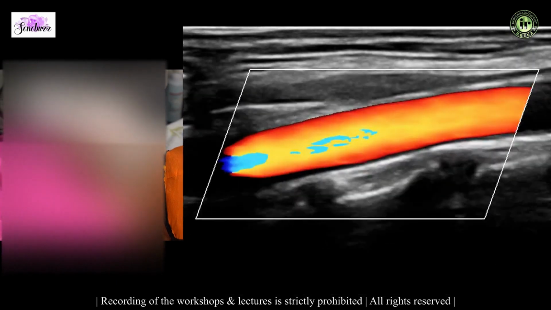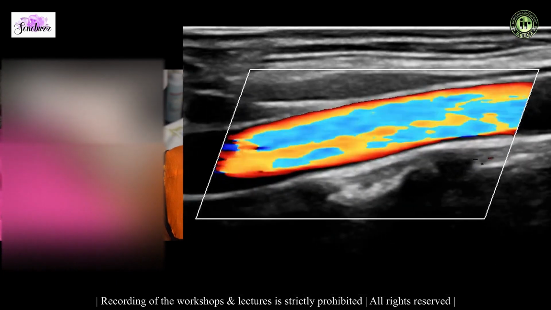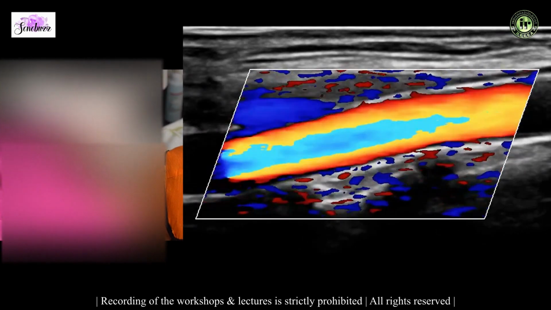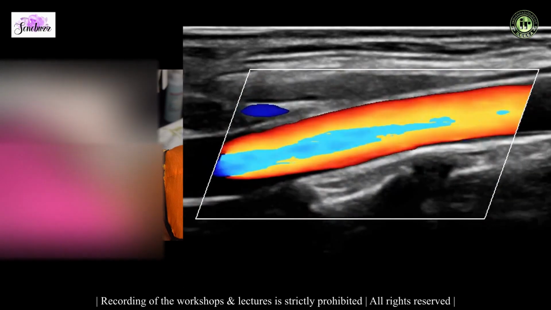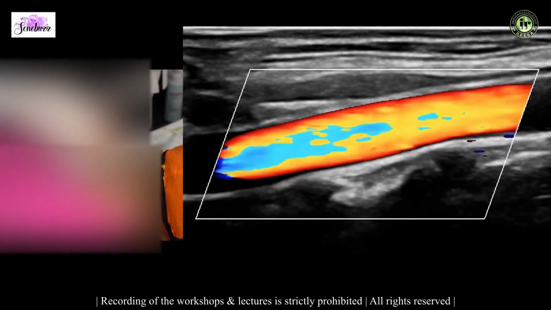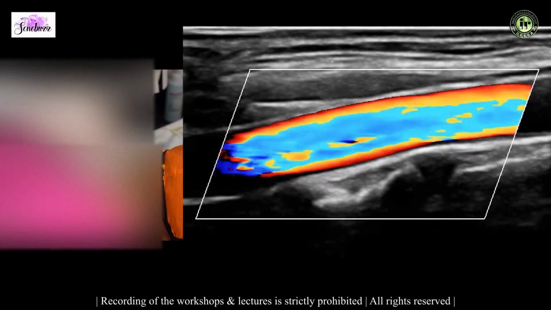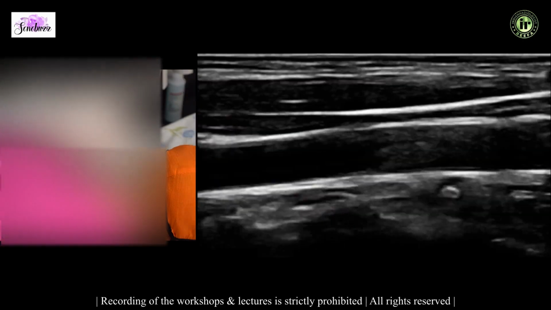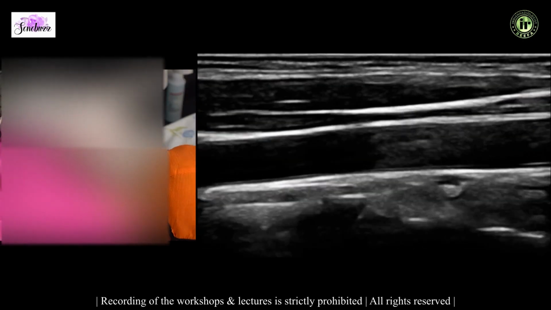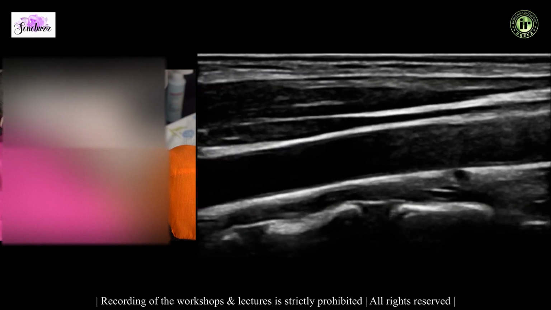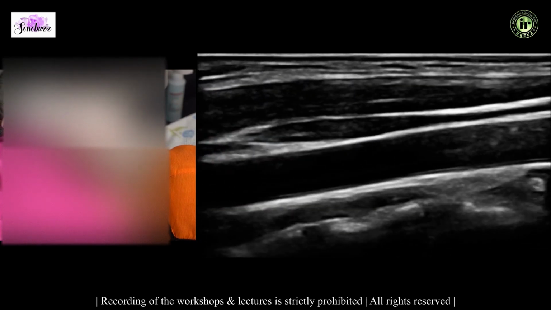So on the B-mode, once I have seen the carotid artery and its bifurcation, I am supposed to watch for the plaque lesions or the atherosclerotic changes in the carotid arteries, which start from the common carotid artery. And you see in this patient too, a very nice smooth intimal layer.